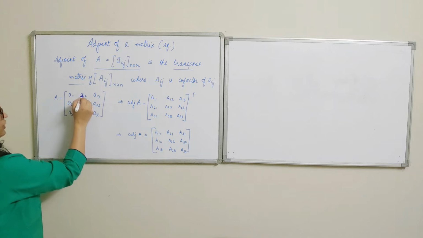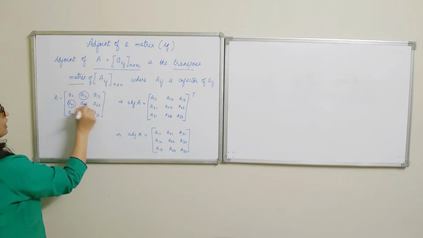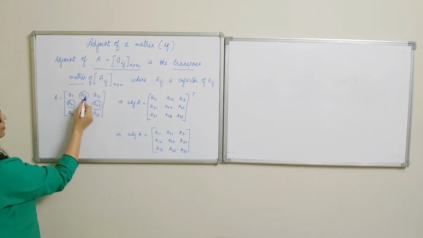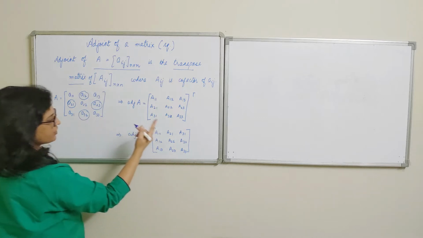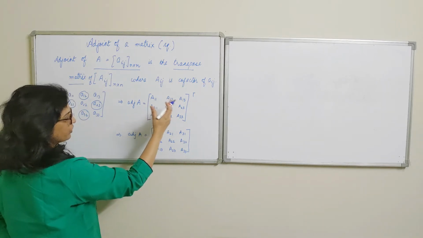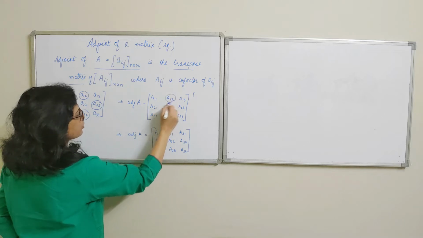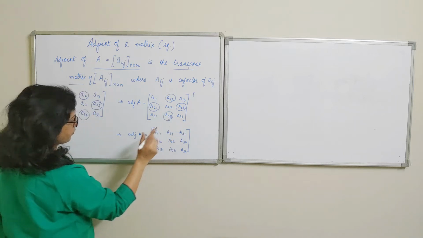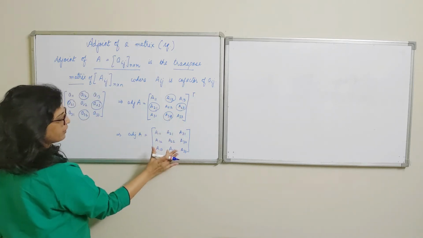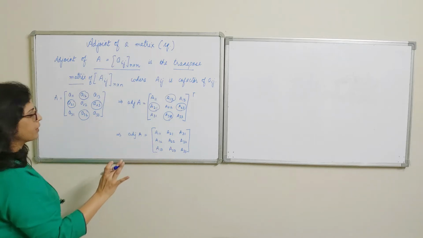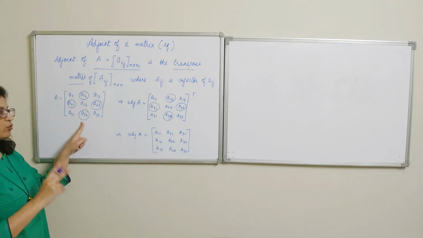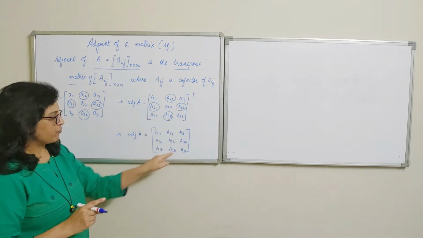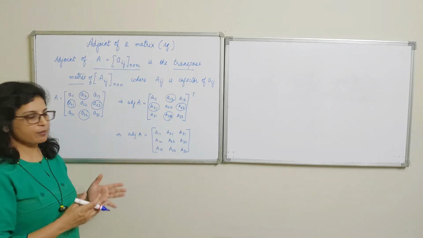Now when you're finding out cofactors, please ensure these are special elements. What is special about these elements? The sum of subscripts in each such case is odd. So you have to change the sign of whatever value you get here. Value of the determinant changes its sign. Alright, so I'm just putting the circles here to ensure these are the elements where the determinant will change its sign. Right? And then you transpose it. So this matrix which is finally obtained is the adjoint of the matrix. So that means if we have a 3 by 3 matrix, we do it in 2 steps. First step we find out the cofactor. Second step we find out the transpose. And we obtain the adjoint matrix of a 3 by 3 matrix.